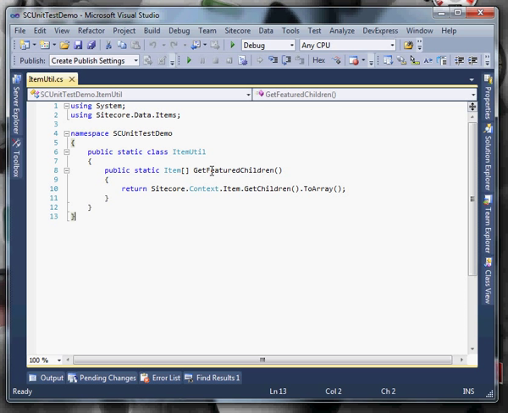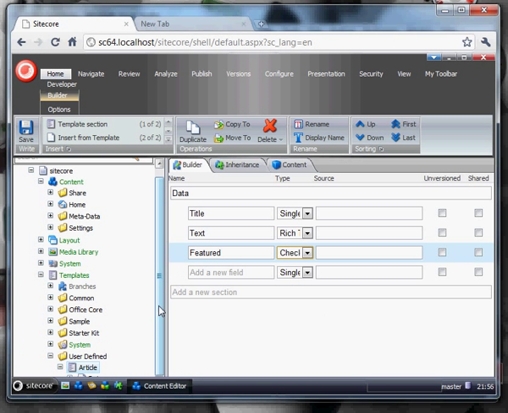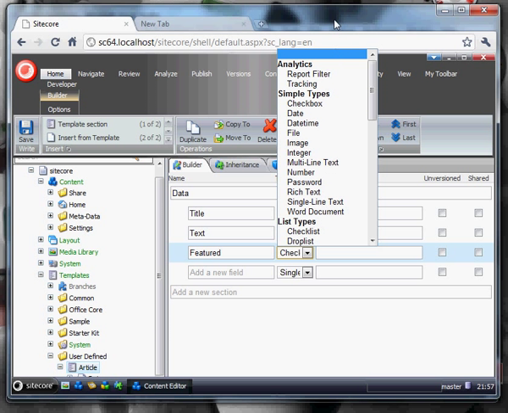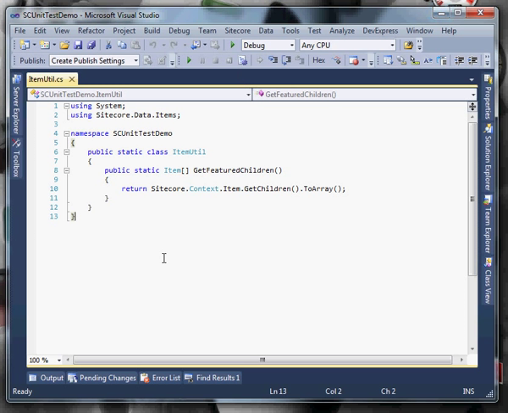The purpose of this method is to return all of the children of the current context item that have the featured field ticked. That featured field exists on a data template, article, which I'm going to be using during the tests, and on there I have a featured field which is of type checkbox, so this is what we're checking for. So you'll see here that there's actually a bug in this method that we're going to surface through the unit